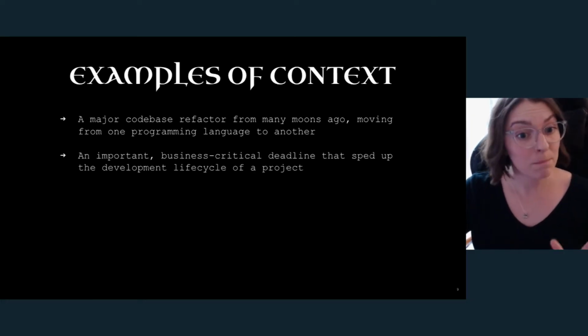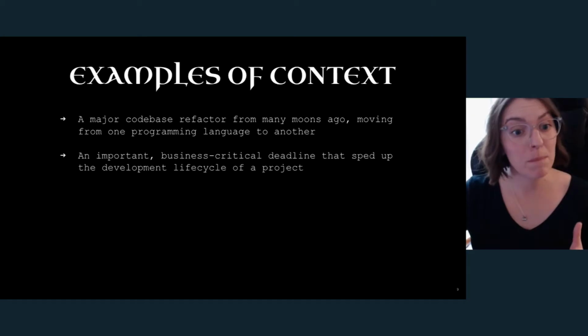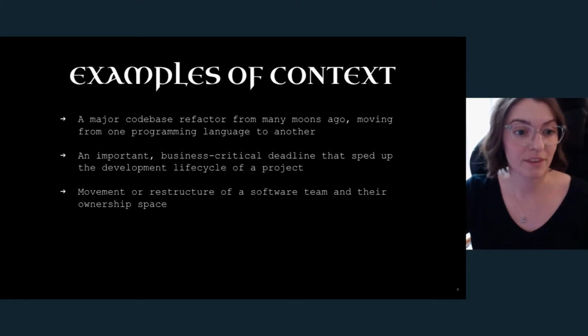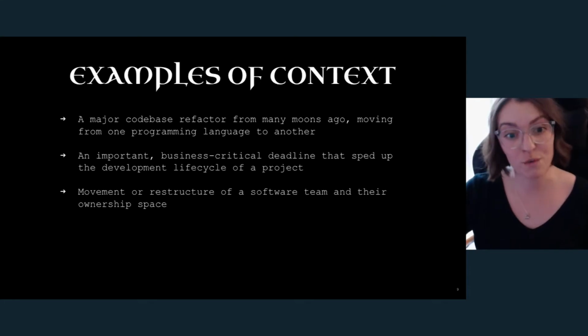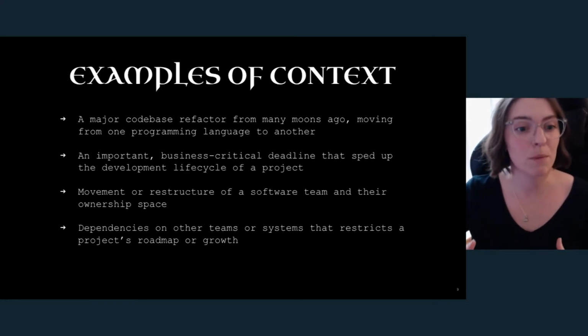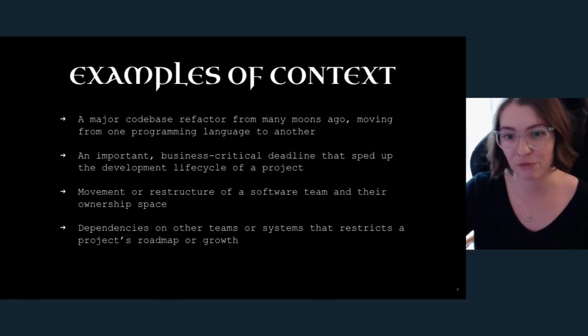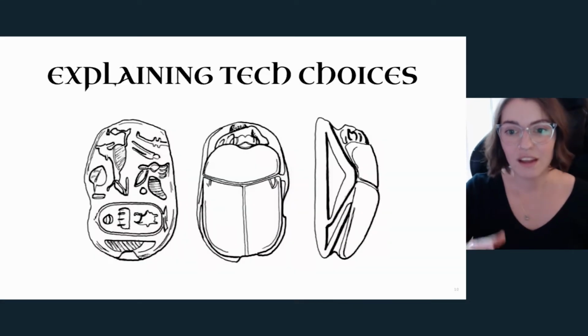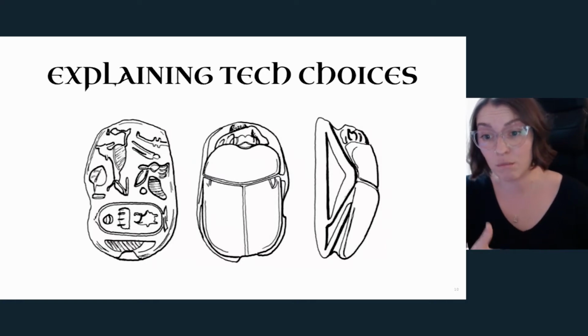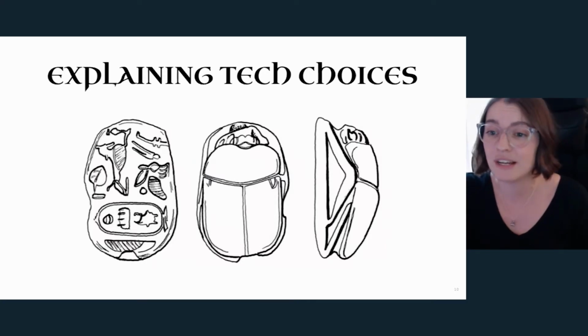An important business-critical deadline that sped up the development lifecycle of a project. Movement or restructure of a software team and their ownership space specifically. Or dependencies on other teams or systems that restricts a project's roadmap or growth. Often, as new members join a project or other folks need to onboard, questions could arise why certain things are